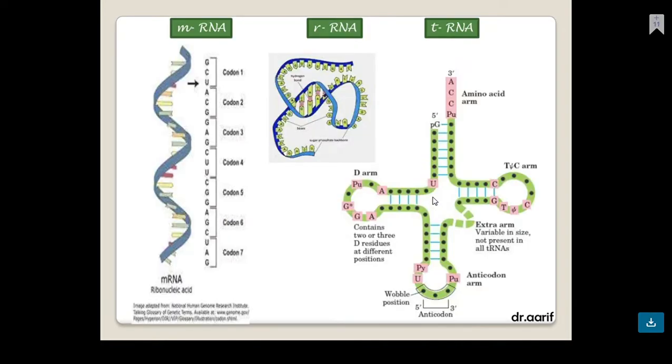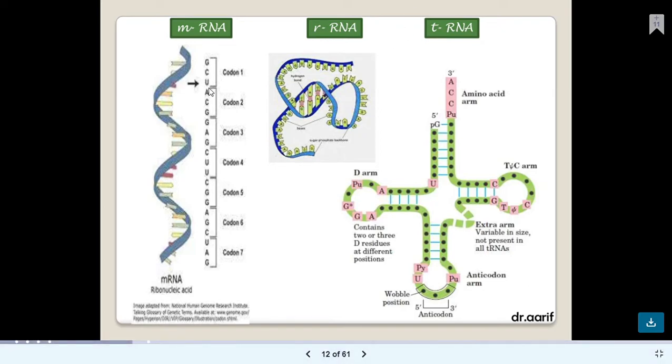Now in RNA you have 3 types: mRNA, that is messenger RNA, rRNA, that is ribosomal RNA, and tRNA, the transfer RNA. As we all know, RNA is actually single stranded and DNA is double stranded. You actually have single stranded DNA and double stranded RNA also, but mostly RNA will come in the single strand only. In RNA, the difference is that instead of thymine, you have uracil, which is bonded with the adenine.